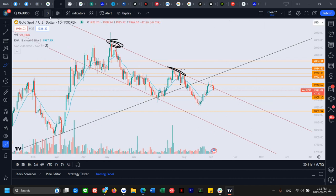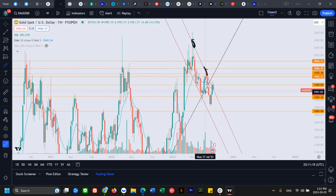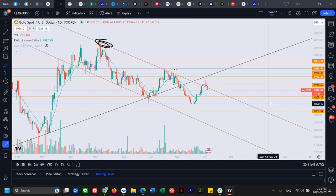Coming back into it, so we zoom out. When it's a false breakout, you can zoom out to the longer-term time frame to get a better look at it. Although this did break out on the weekly, but very slightly, you can see the wick is on the upper top. And these diagonal lines, you can draw any way you want, so it's not as accurate, because if I tweak it a little bit, and someone else tweaks it a little bit, it is very different. The psychology of the horizontal lines is more definite, because